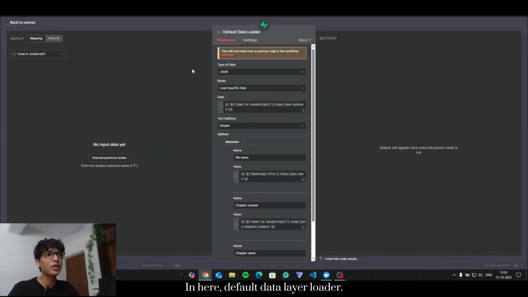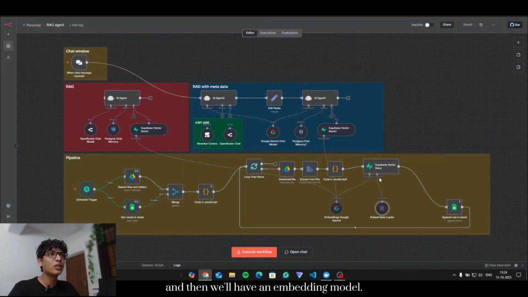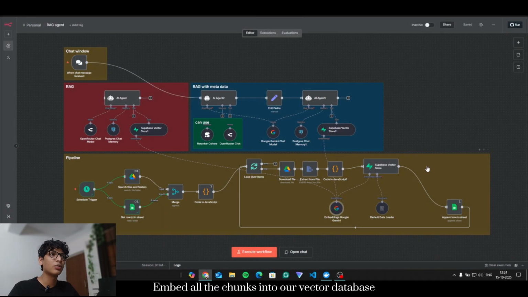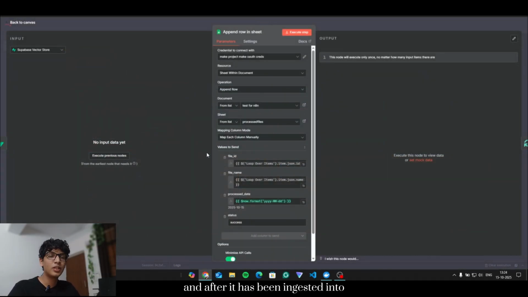In here, the default data loader will add the file, we'll get the file in here, and then we'll have an embedding model. This is the model which will embed all the chunks into our vector database. At the end, it will go into a sheet, and after it has been ingested into your vector database,